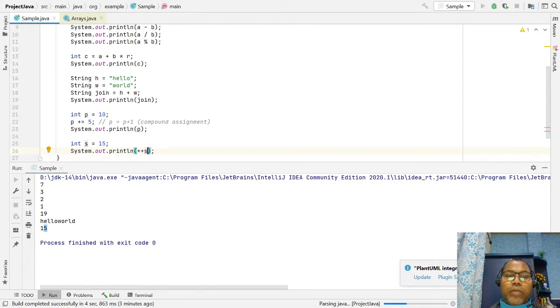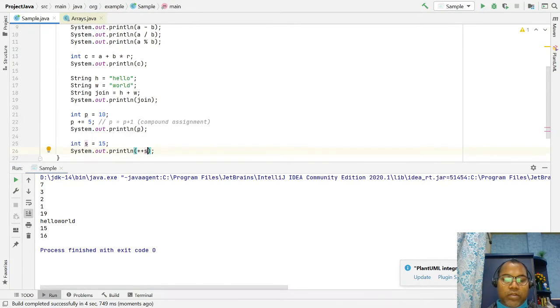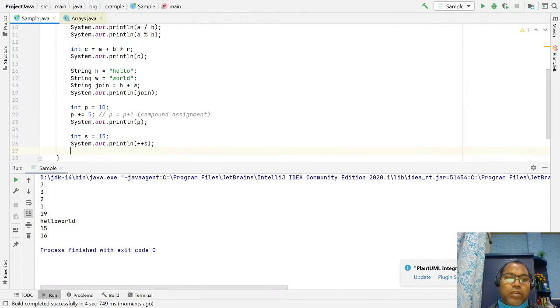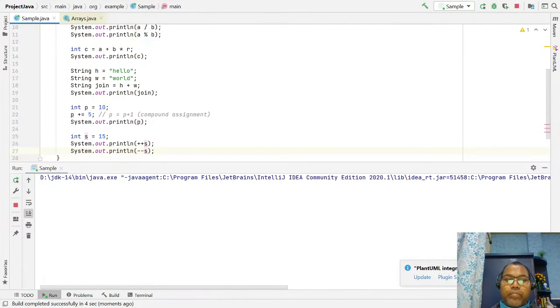This is the only one operator you have used, and s is the only one operand, so this is known as the unary operator. Similarly, you can do minus minus, and it converts back to 16.